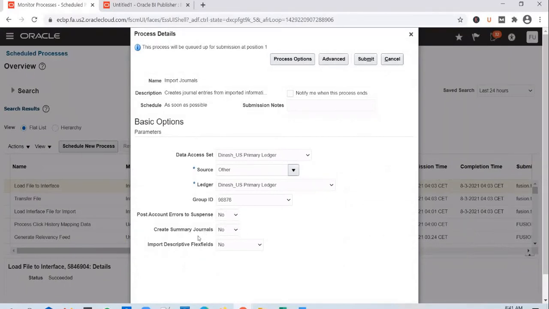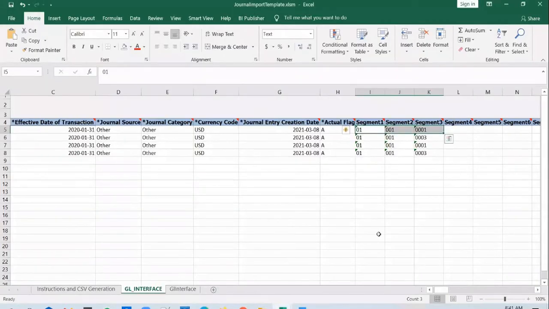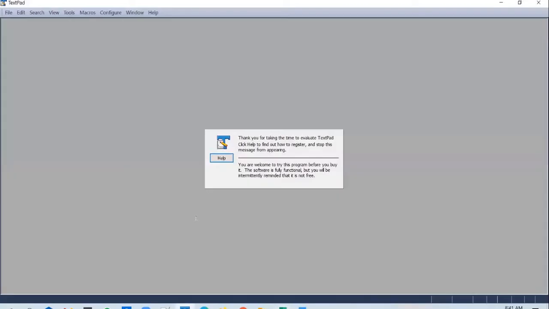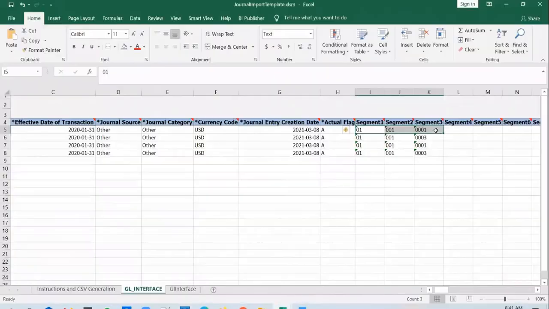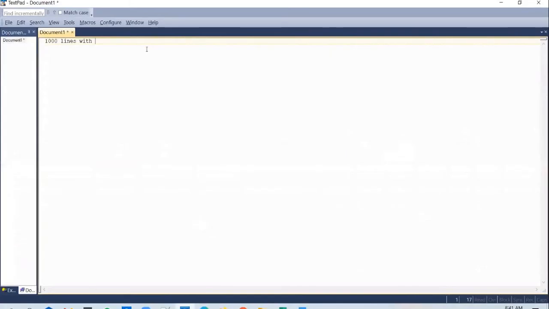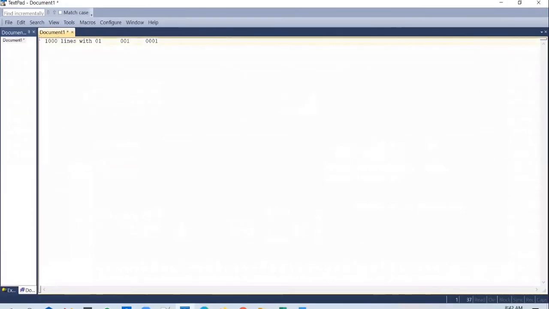And there is another flag called create summary journals. The way this works is, if you have 1,000 lines in the data file with the same account combination, say for example this account combination, and let's assume that all these 1,000 lines belong to the same journal.